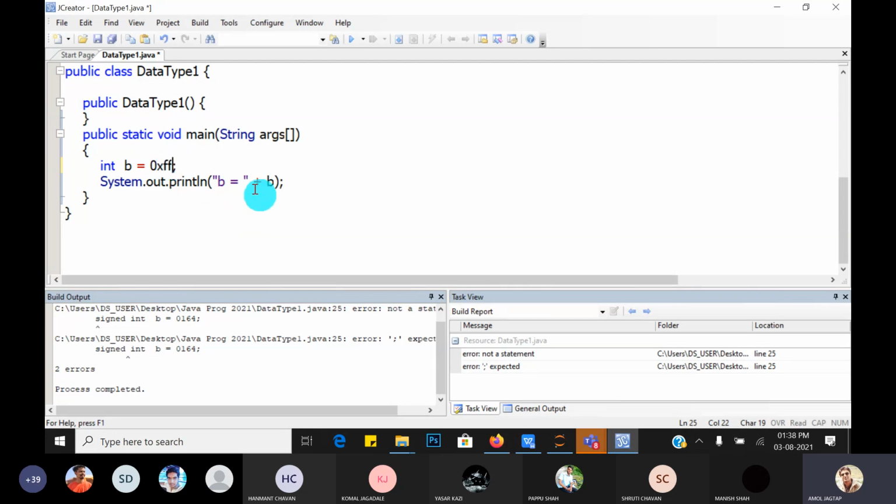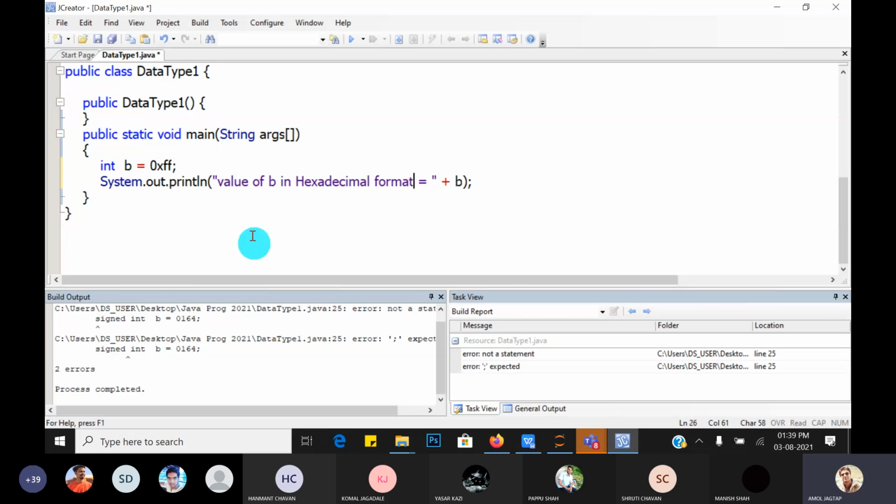We want to print the value of b in hexadecimal format.